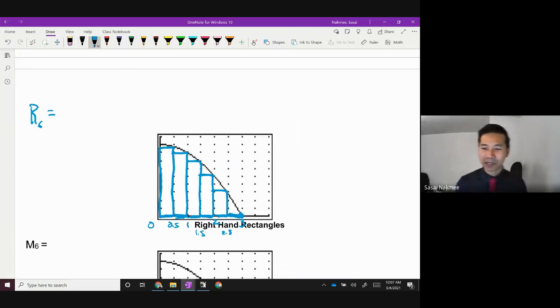Yeah, underestimation. That's right, Ava. That's right, Monica. You're missing out on these areas right here, aren't you? So this is going to be an under. So remember, I asked this question the other day. Yesterday, our right-handed rule gave us an overestimation, didn't it? This example, right-handed rule is giving us an underestimation.